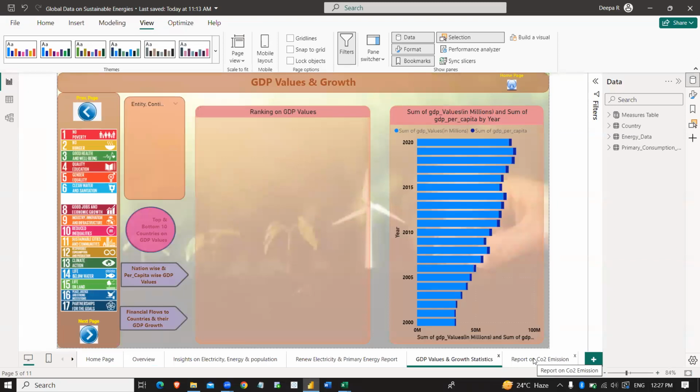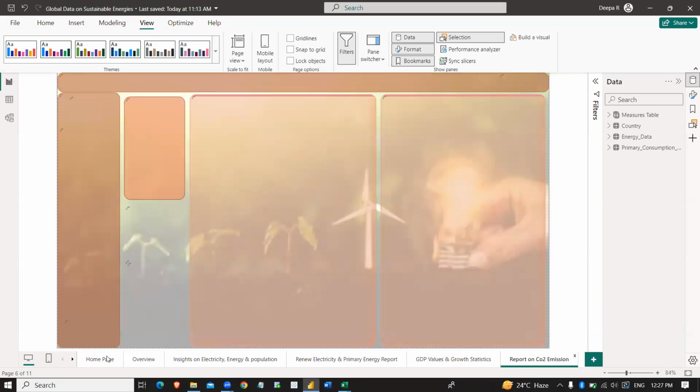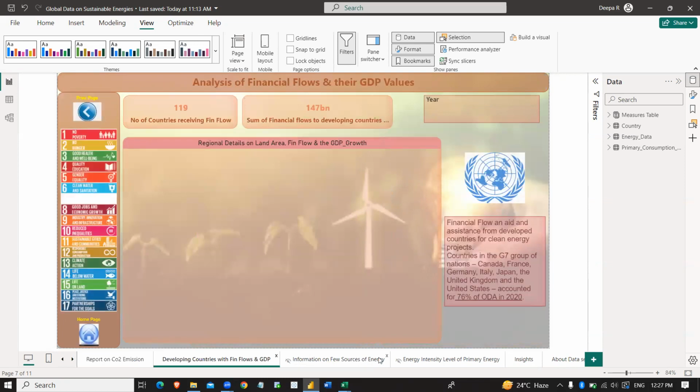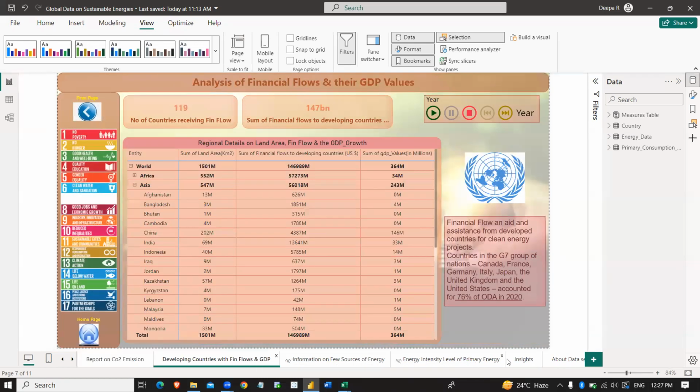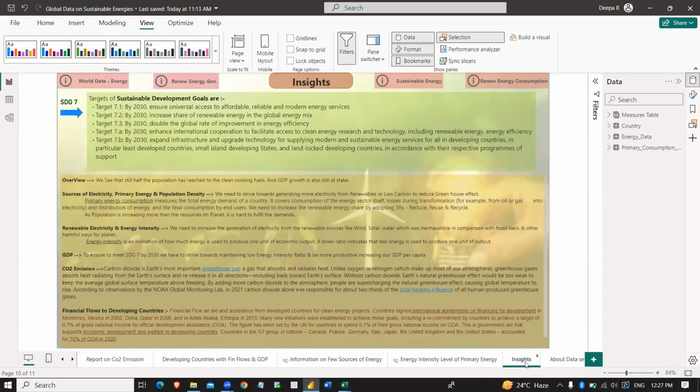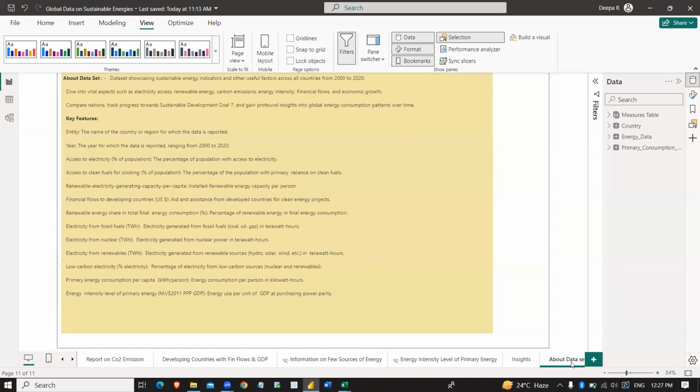Okay, and report on CO2 emission, and even on the developing countries with the financial flows and GDP. So like this, multiple pages I have created according to the analysis of the data, different values, entities of the data, and even have created the insights, what all we can understand, why, what is the requirement of this report. About all those things I have created one insight page over here,